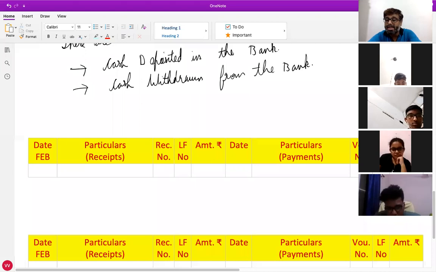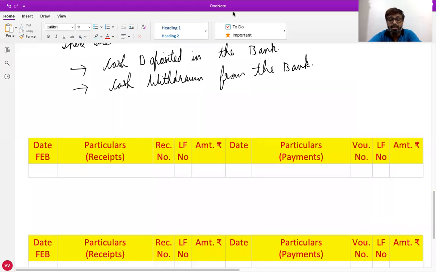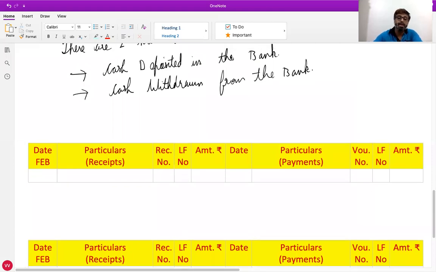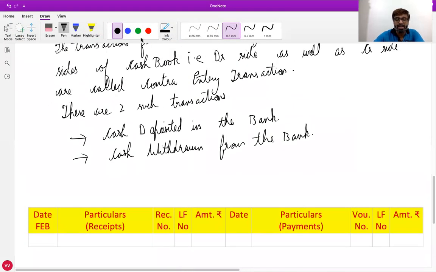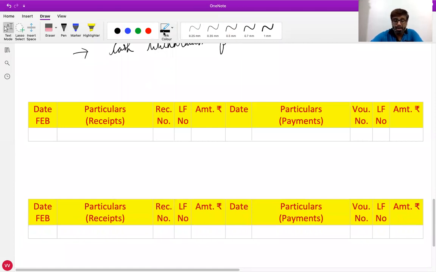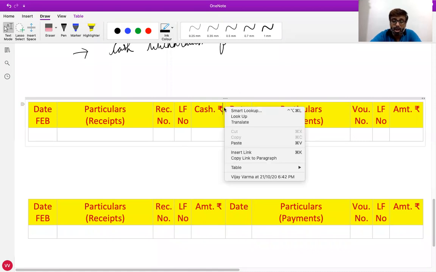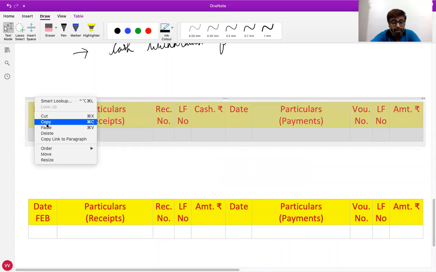Now, I was explaining you the concept of contra entry, so I want everyone to understand it first and put your pens down. Okay. First, I will explain you the transaction of this. One more thing. Now you will be having two sides over here. Cash and bank column. Means here you'll have cash column as well as bank column. Discount column will also be there. Just 1 minute. Let me make a new format only.